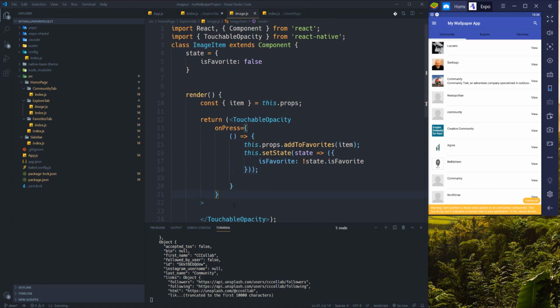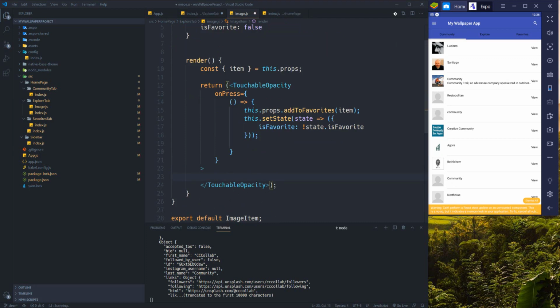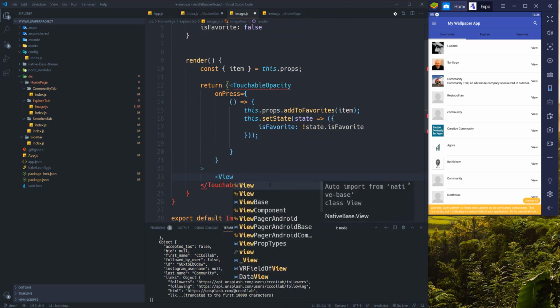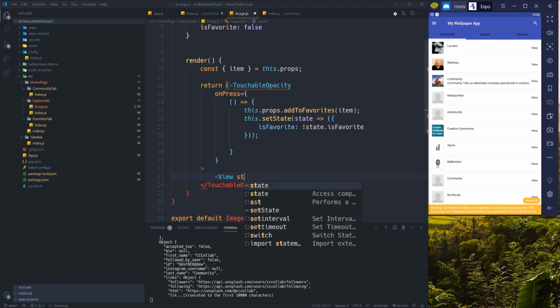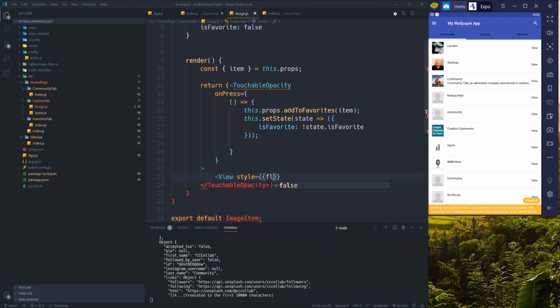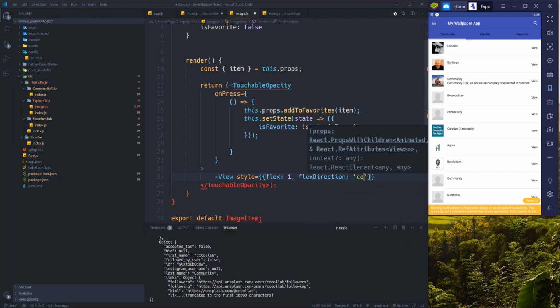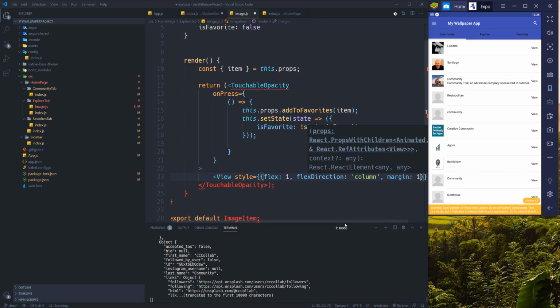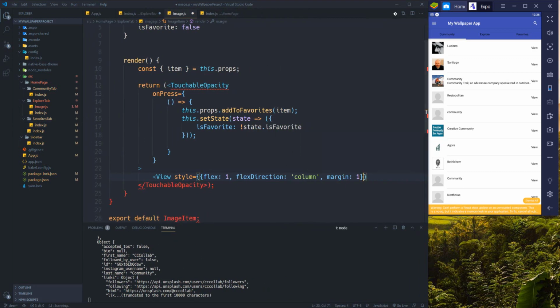We just need to show our image within this touchable opacity component. We are using a view item and set the style. I want to use inline style. Flex is going to be 1. Flex direction going to be column, and I want to set a small margin 1. It's very wide. Okay, and